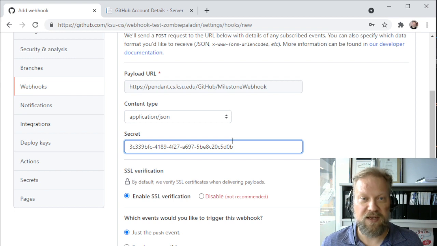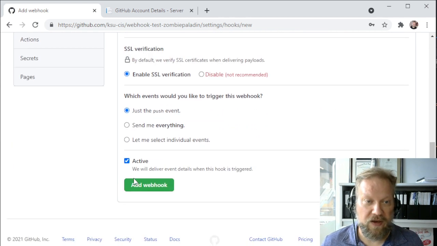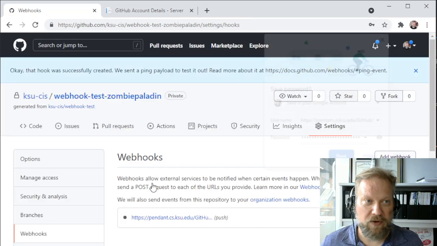And if the two are the same, that means that nobody modified, or no application or process modified that payload as it was moving across the internet, which is actually something that can happen. So we know it's not tampered with. So that's just a little bit of extra security there. We can go ahead and add that webhook. And once we've done that,